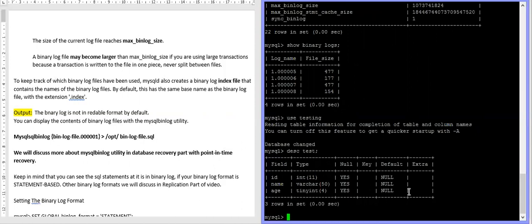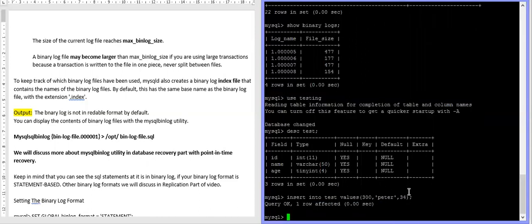I will insert one value: insert into test values, like ID suppose 300, name suppose Peter, and age suppose 34. The transaction is successful. Then if it is successful, it should go to your binary log.